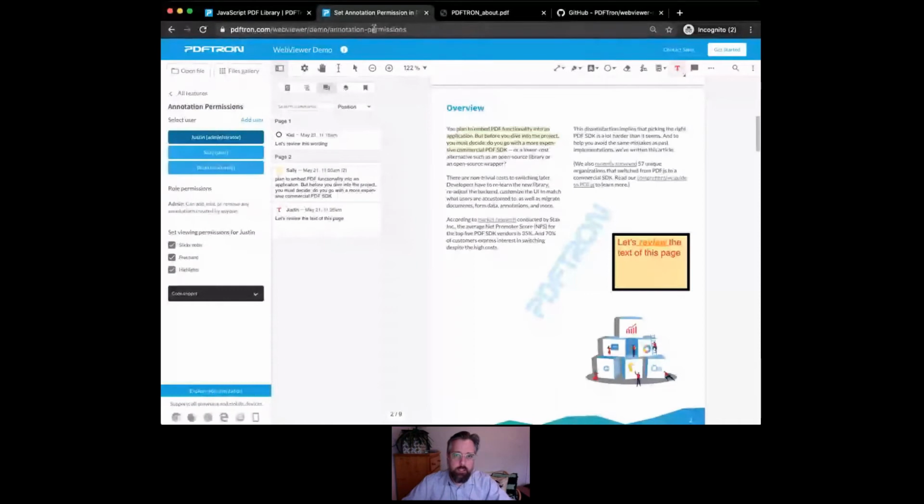One of those actually is a pretty cool one. Just staying with annotations here. Just going to bring up this window here that shows off